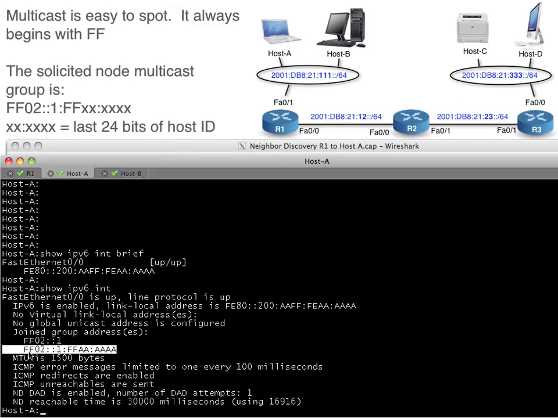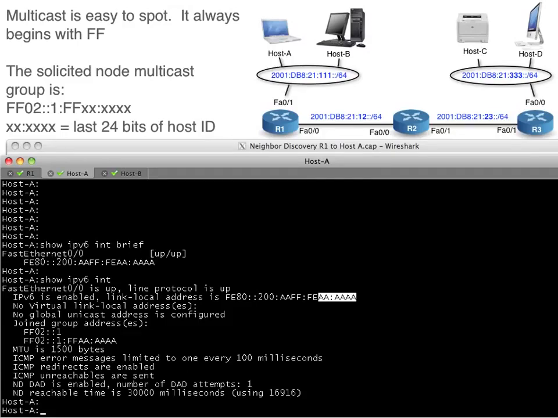The FF means it's multicast. We'll take a look at the rest of these bits in a later video, but it's FF02::1:FF. That's a special reserved group. And then the last 24 bits, which is these 16 bits and these 8 bits, match the last 24 bits of the interface. So, for example, if we added another IPv6 address to this device, which we'll do right now,